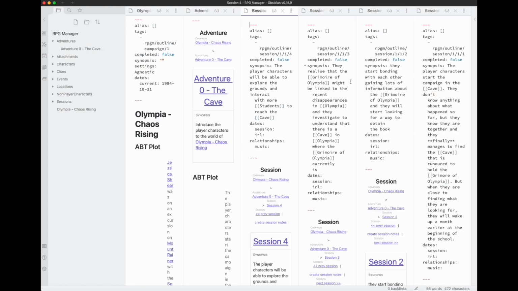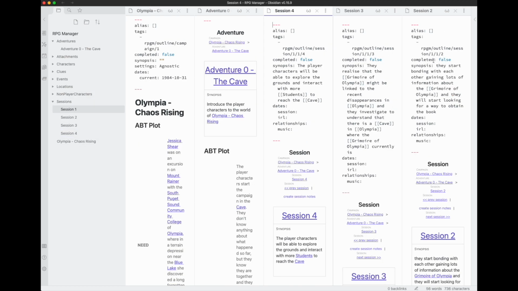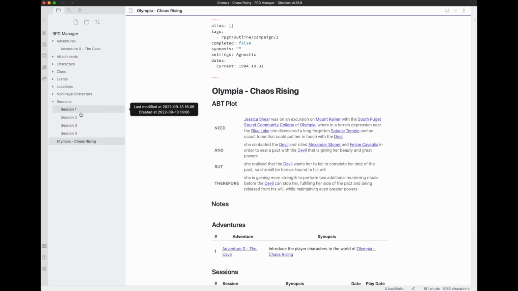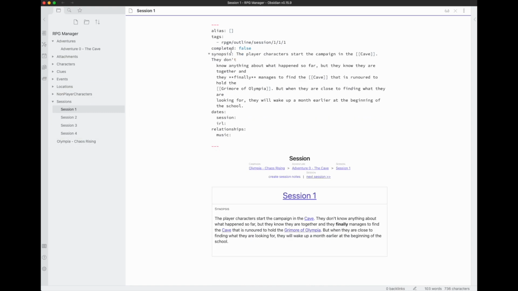If I click it, the system will automatically create four different sessions, okay? And here they go. Of course, let's close them to make more space. And the session will already have the synopsis as outlined in the adventure. So the synopsis of the session will be the same. I can change the name here. I normally add a name here, the cave, and the